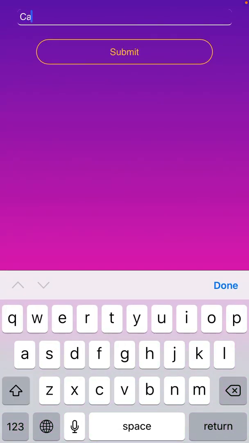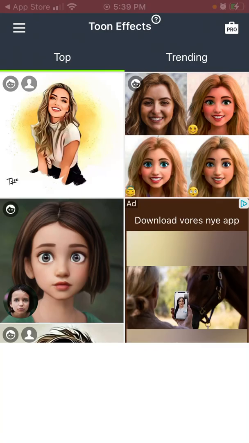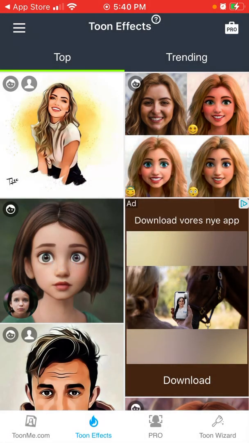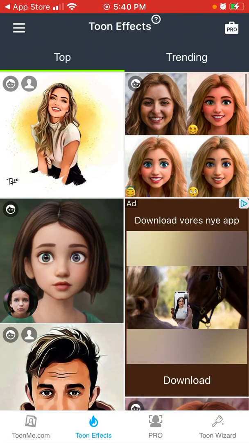Okay, cartoon, I don't remember actually. And there you have it. Then you have your app installed, and then you can just try to use toon effects,